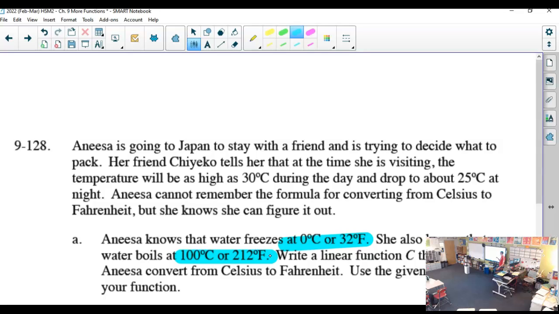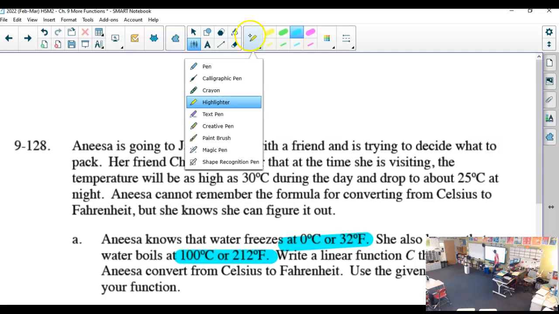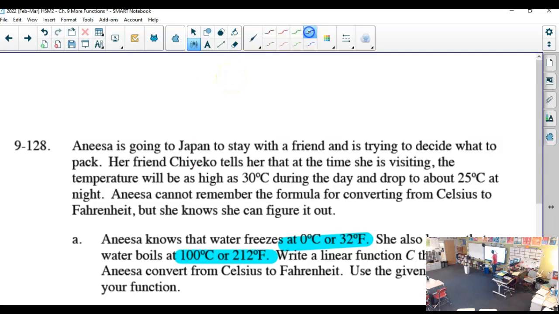Celsius, do we want to do C equals or F equals? F equals. Sure, I feel like C equals would be a lot easier. Do we want to take it back? Okay, so C equals or F equals? Fine, we'll do F equals. Wait, no, we should do C. We should do C. Okay.